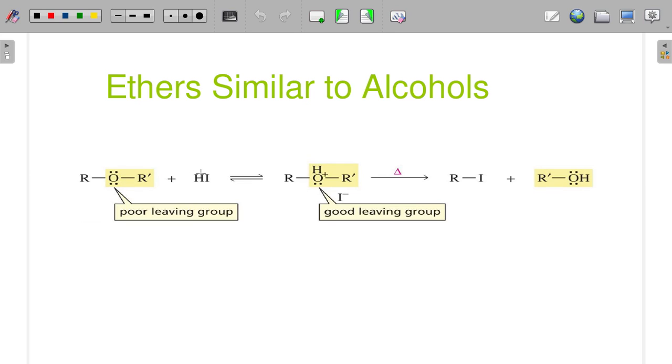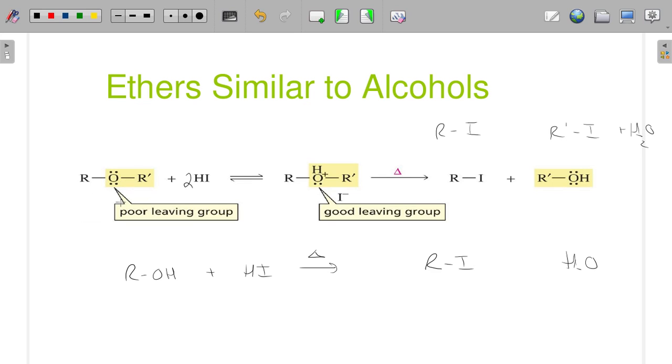Now, interesting, see how this is just HI and heat? Turns out that alcohol that's being formed, if we actually put it with some more HI and keep on heating it, we end up actually replacing that OH with I. And then we end up making some water as our other product. So typically we see this written as 2, and then we get RI and R'I, and then just some water. About the only way that stops is if our